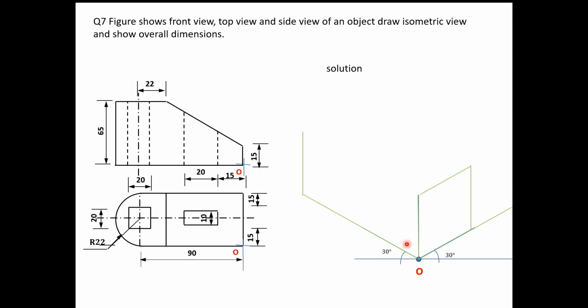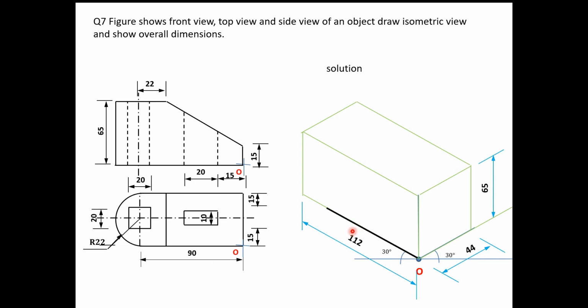Now complete the isometric box. So this is the length, this is the width, and this is the height. Complete this right isometric plane, left isometric plane, top isometric plane, and complete this isometric box. Now here if you start, give the dimension to this. Now if you start here, we again start from this corner, this corner origin, so up to this, that is 90 mm.